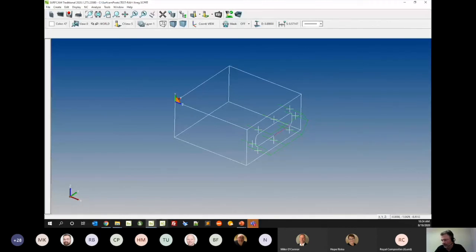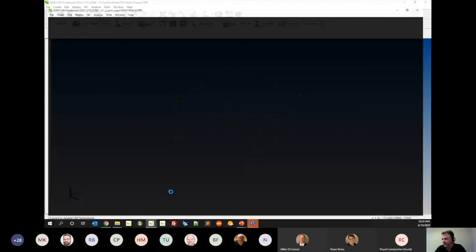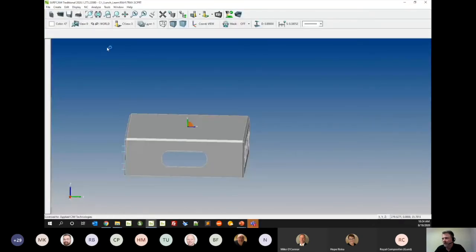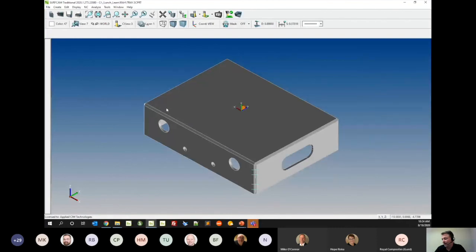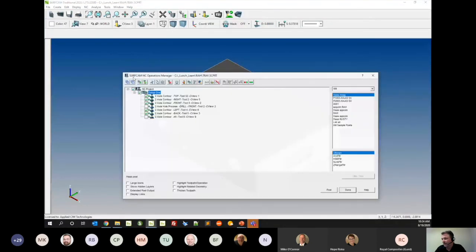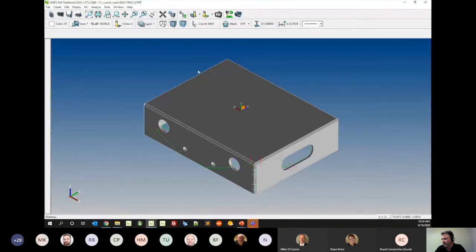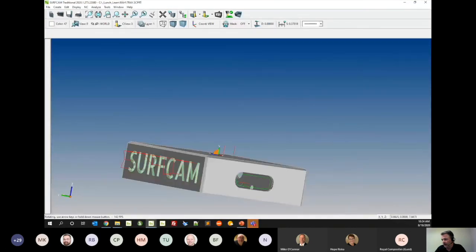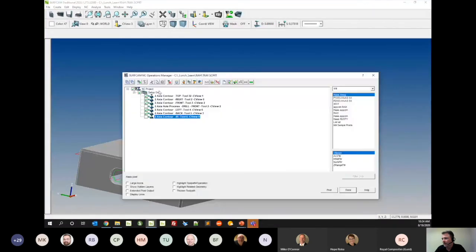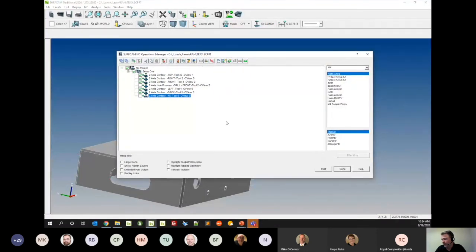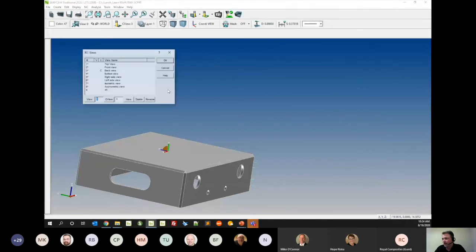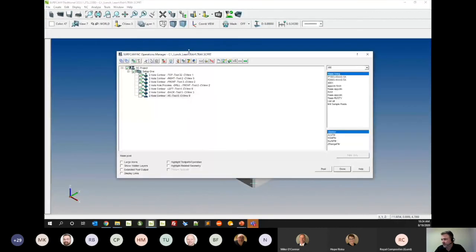I'm only coming in from the right-hand side with my right angle head, so I have one post for that. But if I had a part that has features on different sides, like in this one here, if I quickly show a toolpath, I've got toolpath on all four sides of it. So what I can do there is use a post that's set up for that. In this case, I've got one, and if I post this one out,